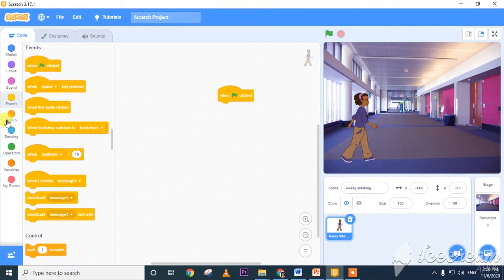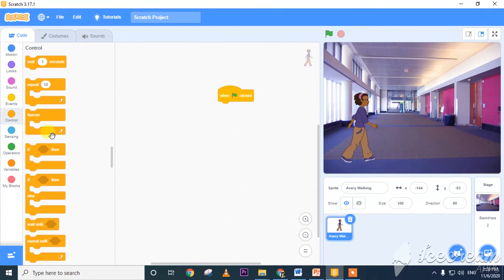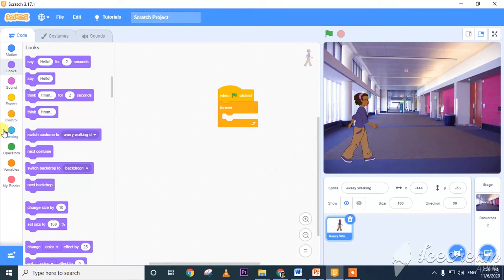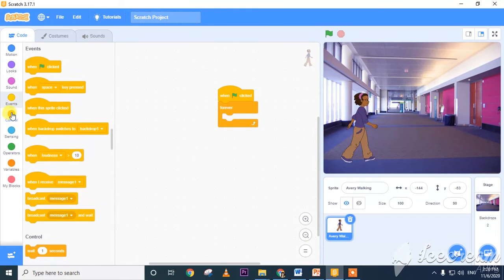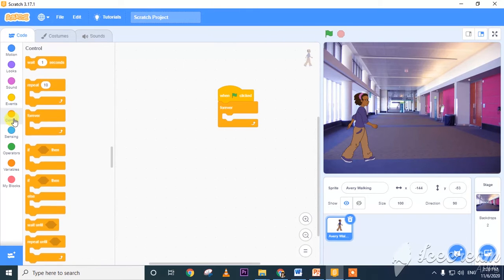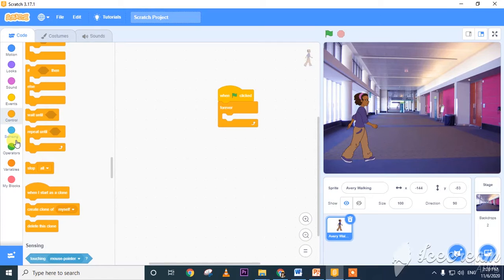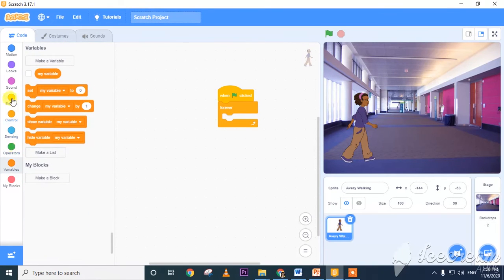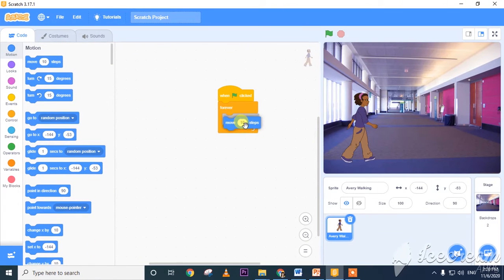You can move it also: control, forever, looks, motion.